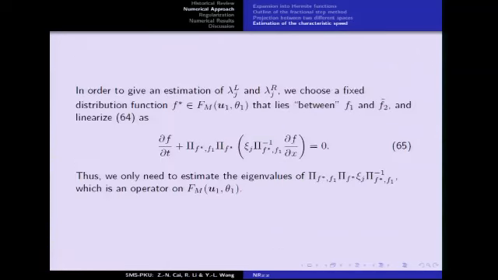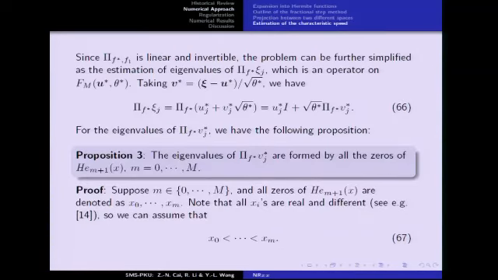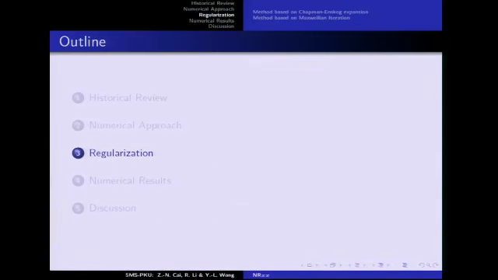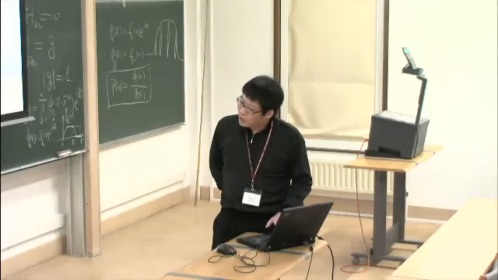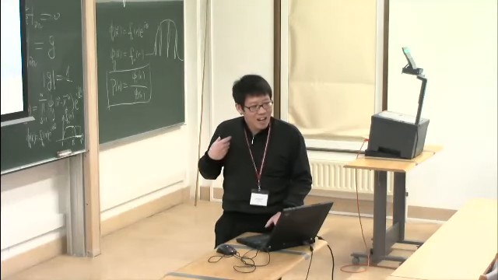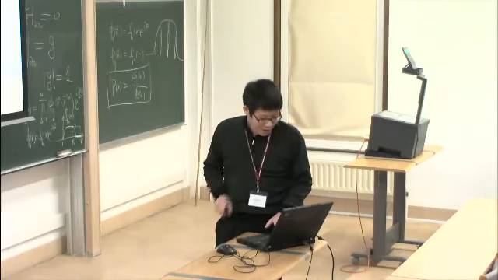At last we can prove that this part, its eigenvalues are in fact the zeros of the Hermite polynomial, and so at last we can give an approximation of the singular speed. Until now, actually we have numerically implemented the Grad procedure, but